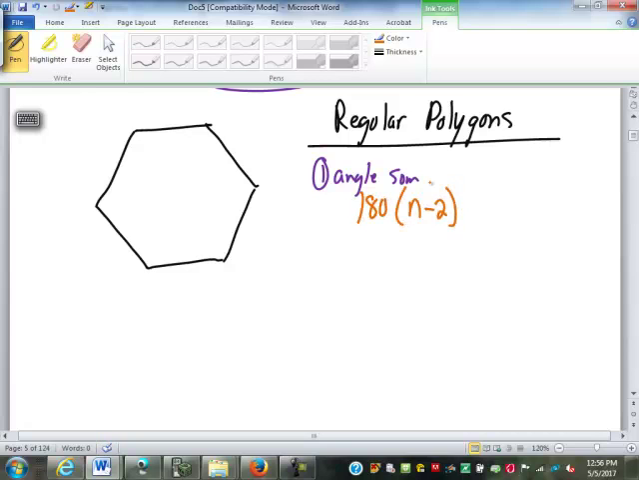180 times n minus 2, right? So for this one, that'd be 180 times 6 minus 2, which would be 720 degrees. If it is a regular polygon,